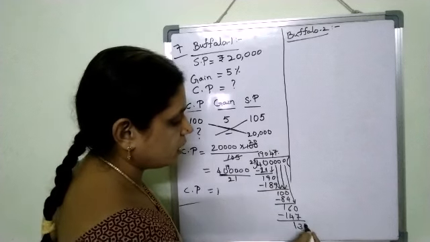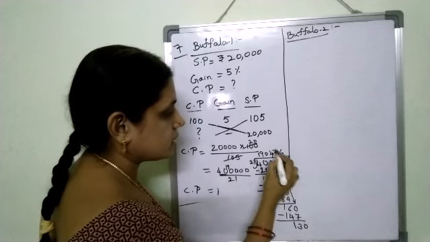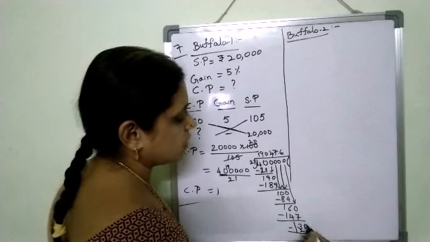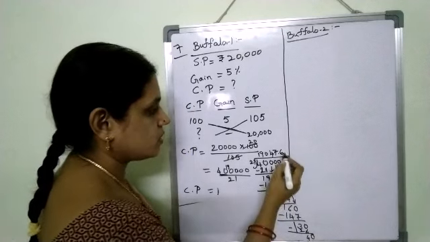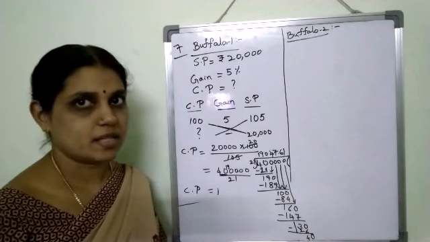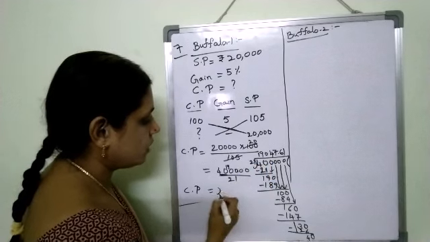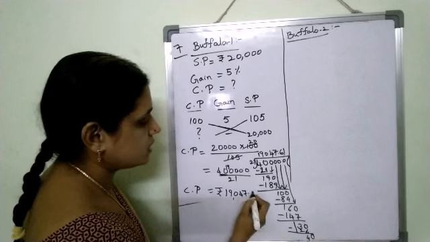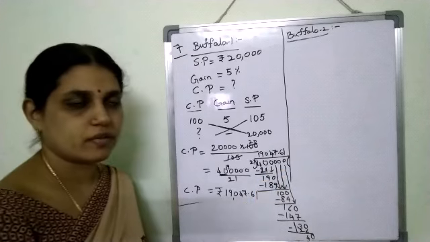So if you keep 1 0 in the dividend, so 130. In 130 how many times can we take? 6 times we can take. So then 126. Now it is 4. Again 40 came, so 1 time. Like that, after decimal 2 places are enough, since these are rupees and paise. So here what did we get for CP? 19,047 rupees 61 paise. Otherwise you can round it off to 62 also.